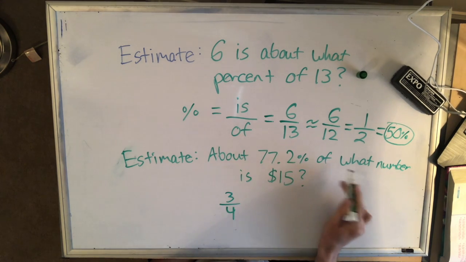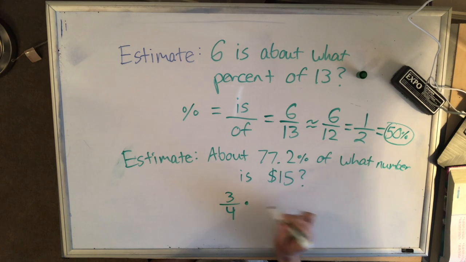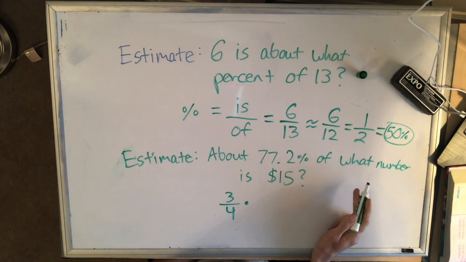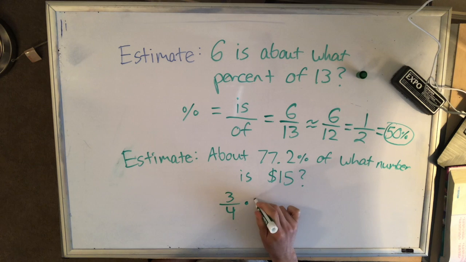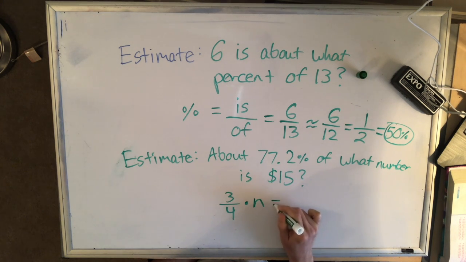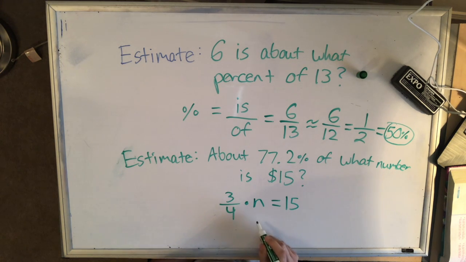And then of before number is multiplication. Let's use n to represent what number. So of what number would be times n. Is means equals. And then 15. Solve for n. To get rid of a fraction that's multiplying a variable, multiply both sides by the reciprocal